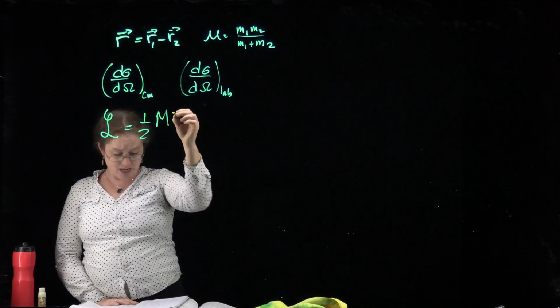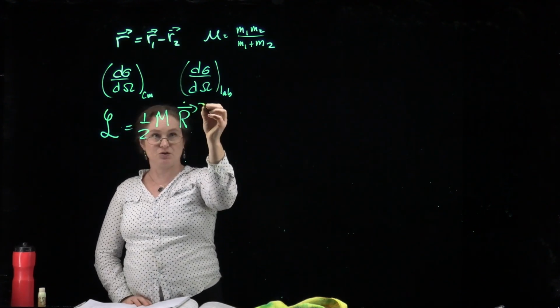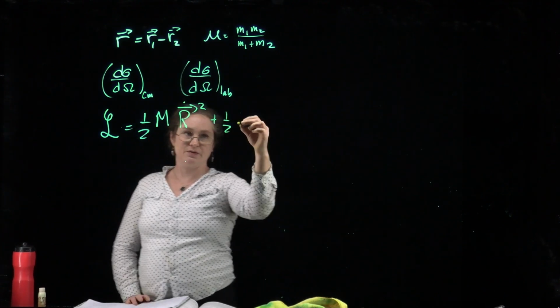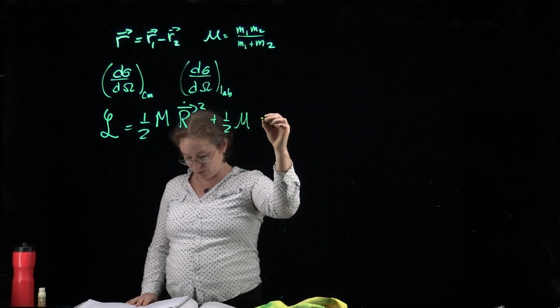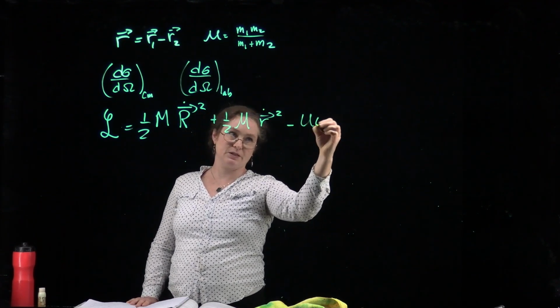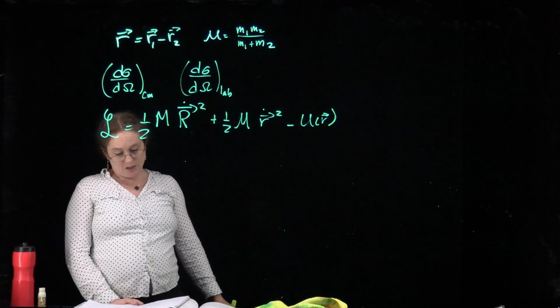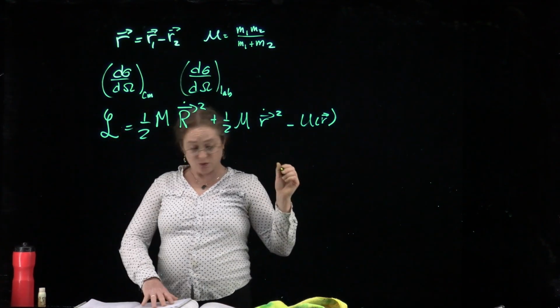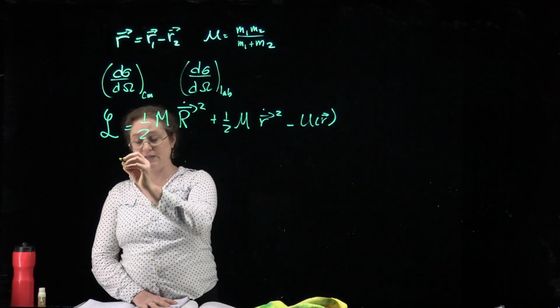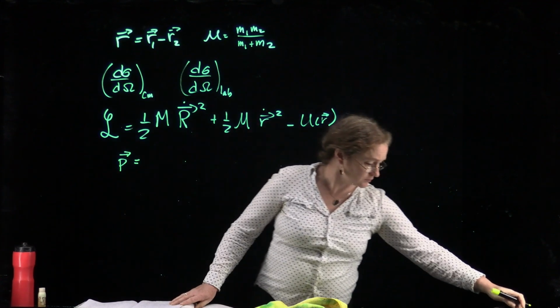It's going to be 1/2 M big R dot squared plus 1/2 mu, the reduced mass, little r dot squared, minus the potential of the two particles as a function of the position of the two particles. So Lagrange's equations are going to tell us that the momentum is